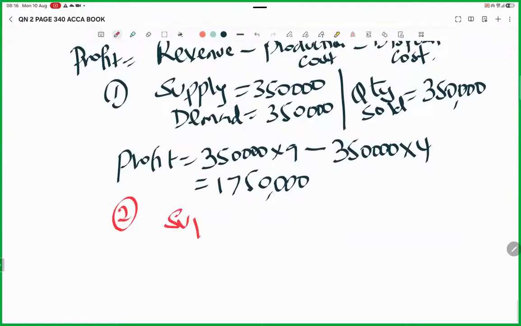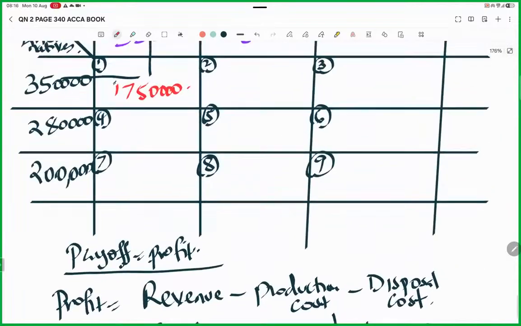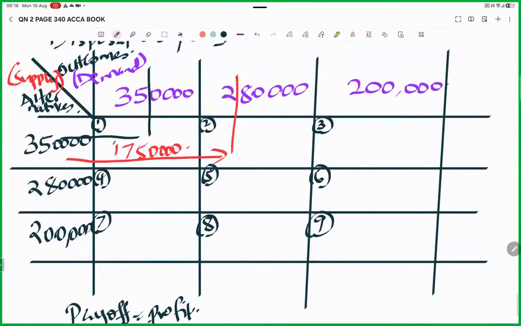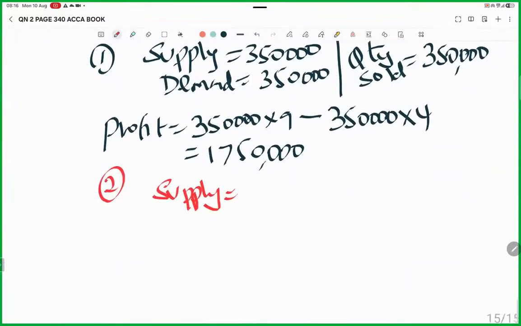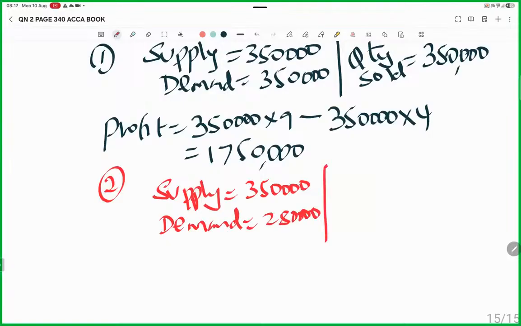So in this case here, supply for cell number 2, you can see the supply here is 350, and the demand is 280. So we have supply here is 350,000 and then we have demand is 280,000. So in this case here, quantity sold